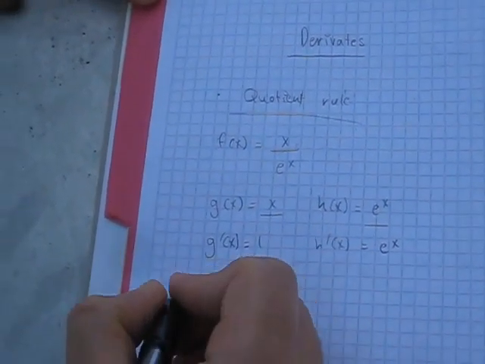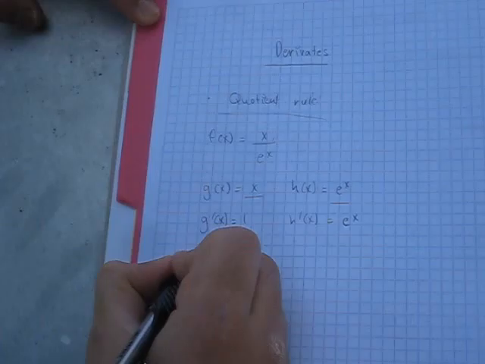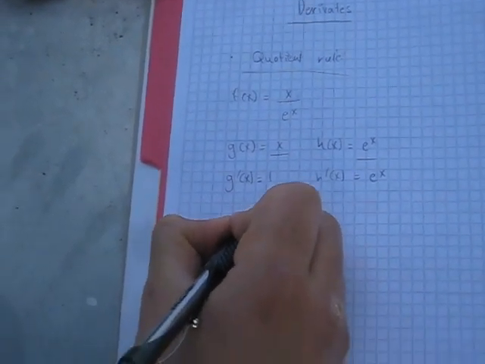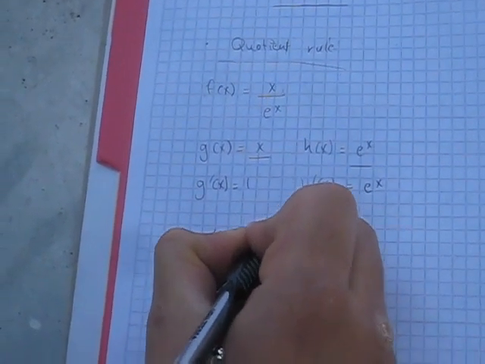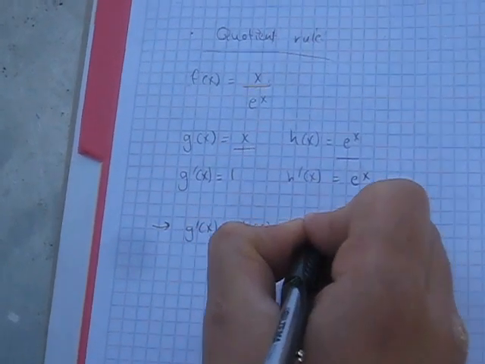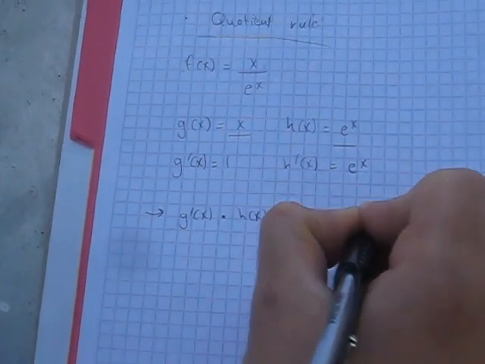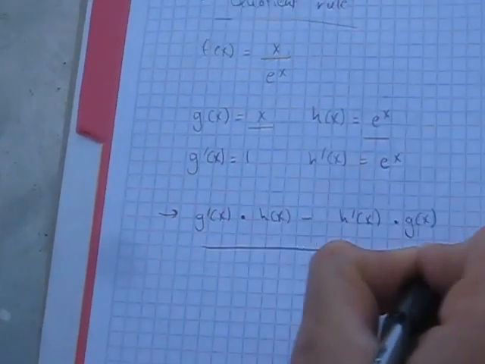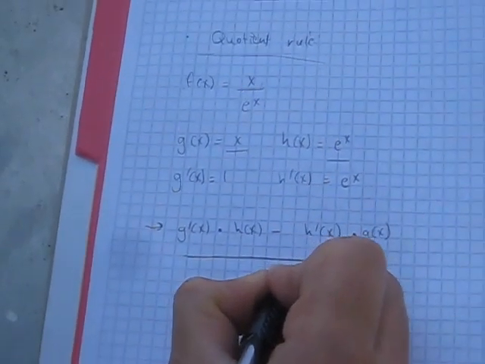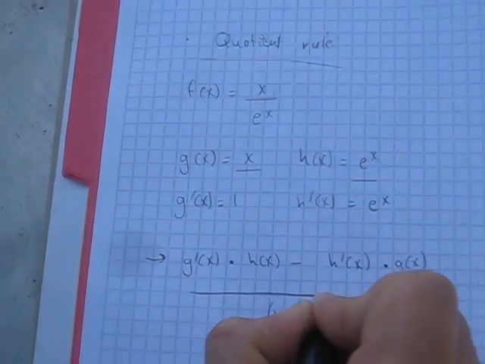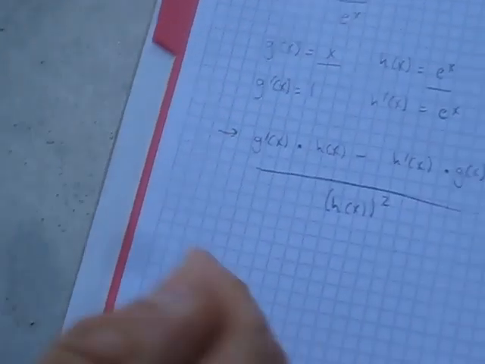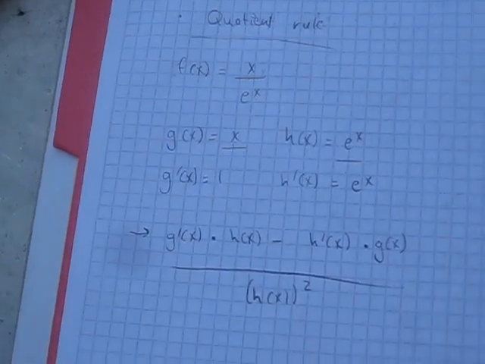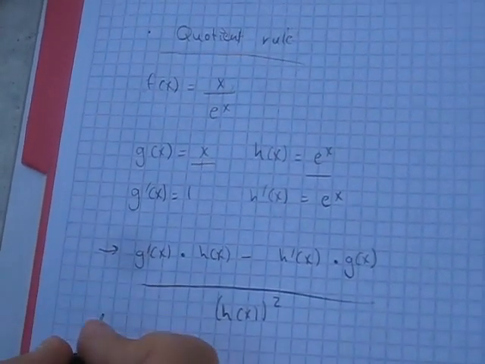And now, as the quotient rule states, g prime of x times h of x minus h prime of x times g of x, divided by h of x to the power of 2. Now all we need to do is to plug in the values of the following functions. So